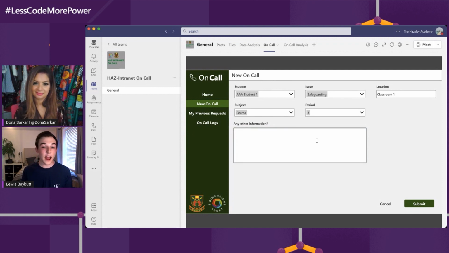And now I have a box for any other information. And this is where it gets slightly more complicated on the development side, but for end users, it actually makes it a lot easier. So if I am an end user, I want to be able to literally type anything in this box. And say if I put a new line or something like that, it shouldn't throw up an error. So if I go, this is a safeguarding issue,